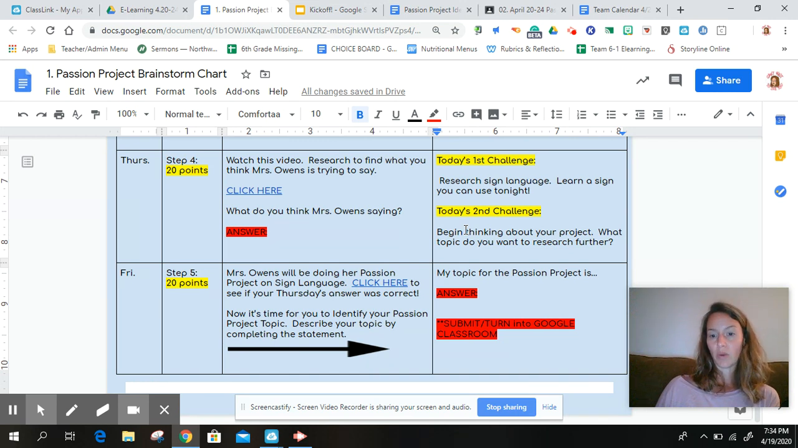What topic do you want to research further? Think of this in terms of, what would I want to teach Miss Owens, or what do I want to teach my classmates? What do I want them to learn about and be passionate about just like I am? And then on Friday,